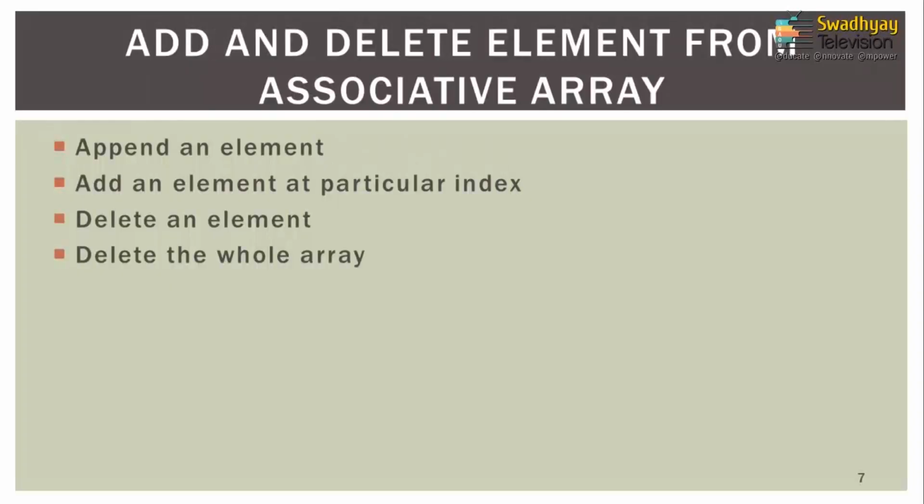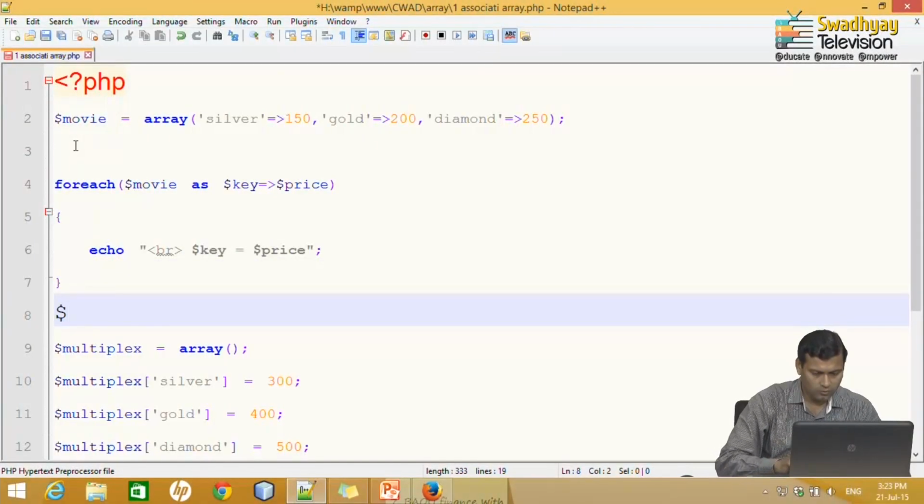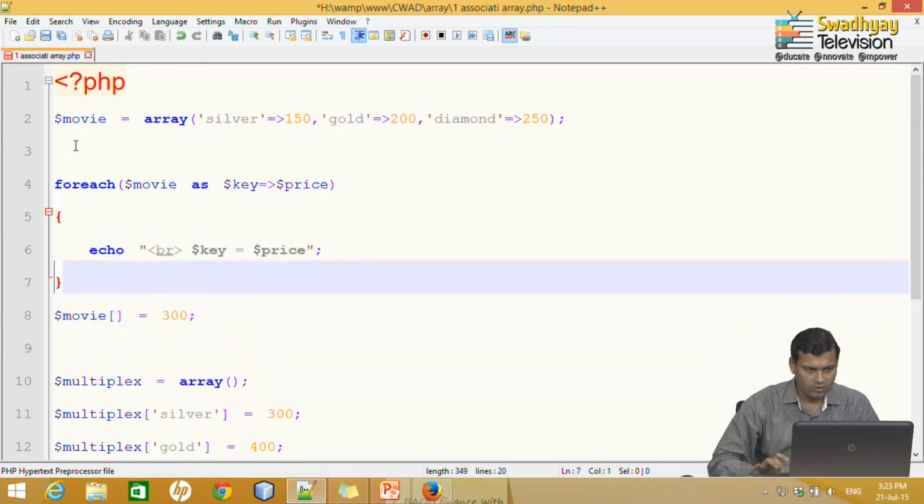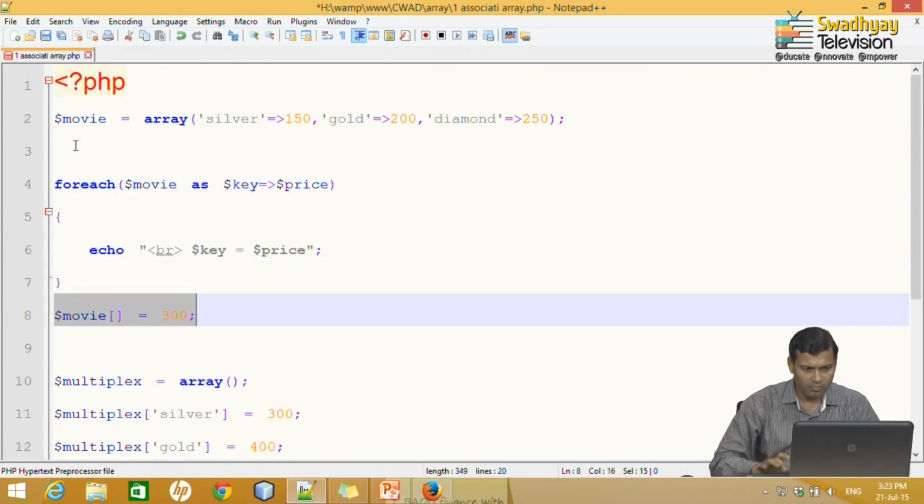Now, you can also add and delete elements in an associative array, same as your index array. Let us understand by example. Let us say first we append an element. So, let me write here $movie, and I do not provide any key, is equal to, let us say, 300 rupees, and let me now apply a foreach loop.